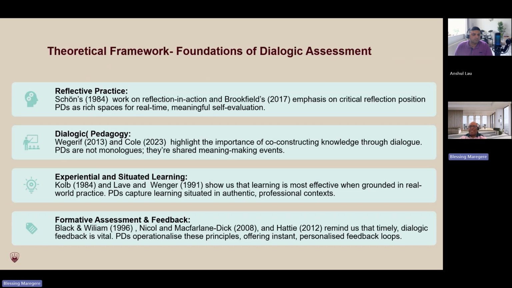Experiential learning and situated learning also underpin this framework. So Kolb and Lave and Wenger demonstrate to us that learning is more effective when it's grounded in real-world practice. So this is something that we need to continue, especially on traditional degrees, thinking about what students are learning and how that is applied in real-world practice. And this is quite something that we do on degree apprenticeships. We teach them the theories and the different models, and then they go into the workplace and actually apply that. But they come back again and are able to reflect on their experience.